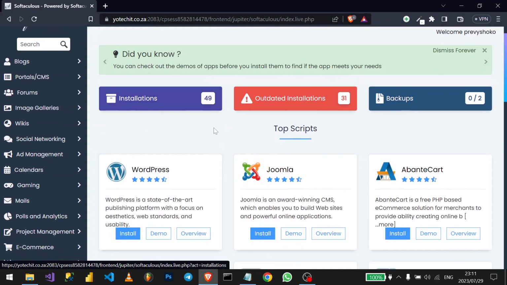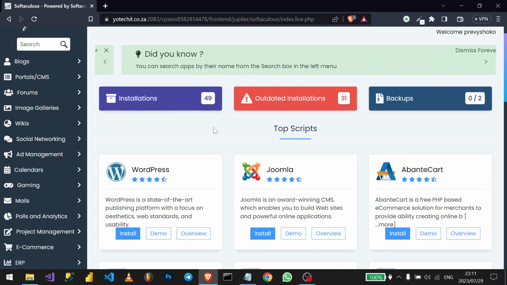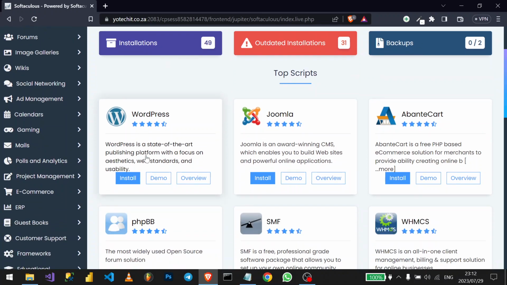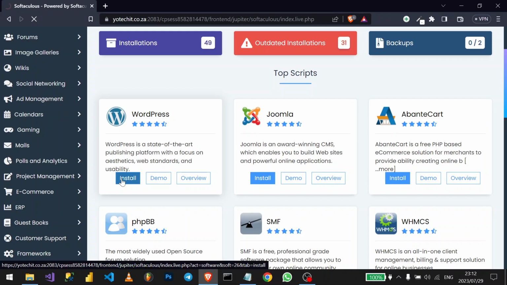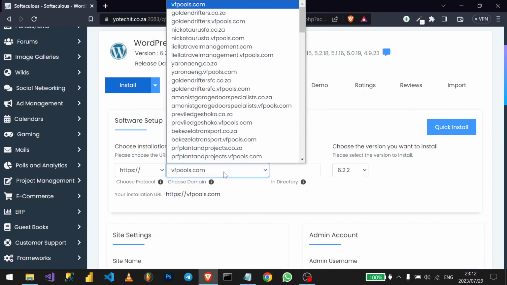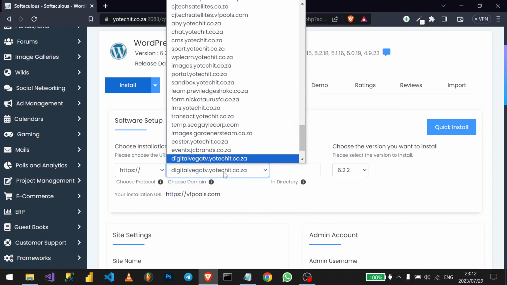Then in here you will see different available options and features that are here. So if you've got existing installations already, then you'll see them appearing here. What we will do is we'll click on install. Then here we will choose to which domain do we want to install WordPress. Then we are going to select the subdomain that we created. In this case, it's going to be